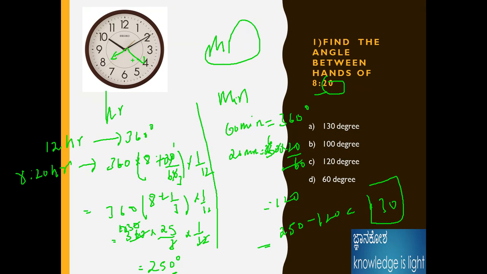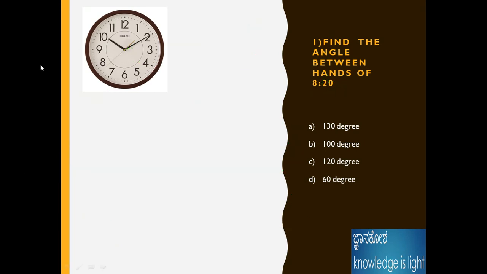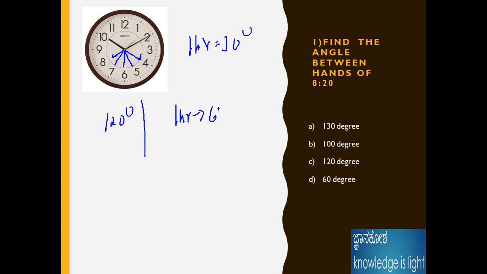Let's see, observe carefully, friends. The second method is, see friends, this is 8:20. Understand? Okay, 8:20 means this is the 1 hour, this is the 1 hour. I already told you that 1 hour is equal to 30 degrees. Now it is 30. How many differences? 1, 2, 3, 4. 4 means 4 times 30 is 120. 120 degrees are present for the hour angle. As well as, for 1 hour we already know 60 minutes is 360 degrees.